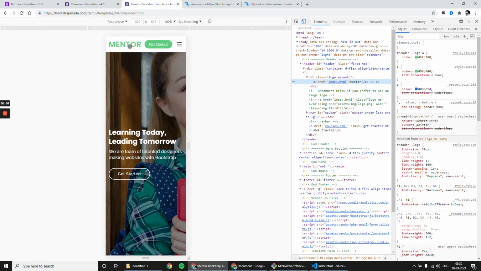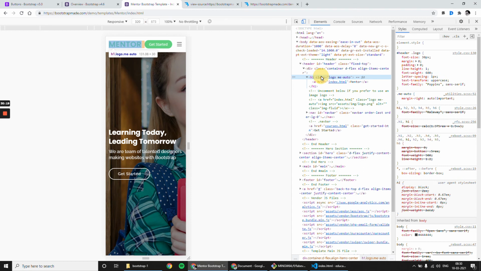You have to inspect it and check what values are applied for this a tag. For the a tag, they have applied only color, which means they have applied font and other styles for this h1 tag. I'll simply copy this code.